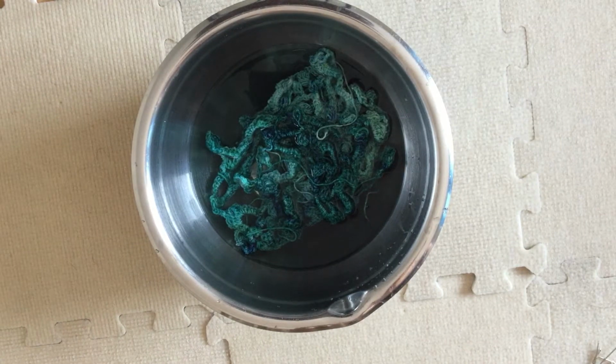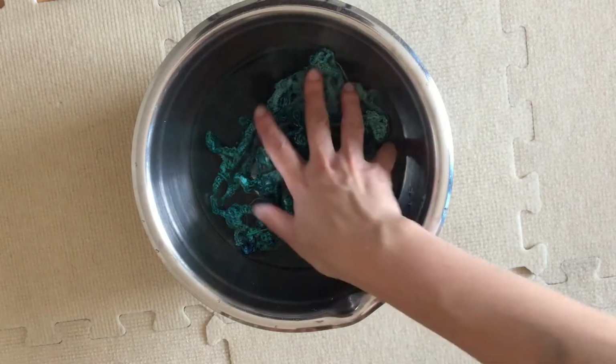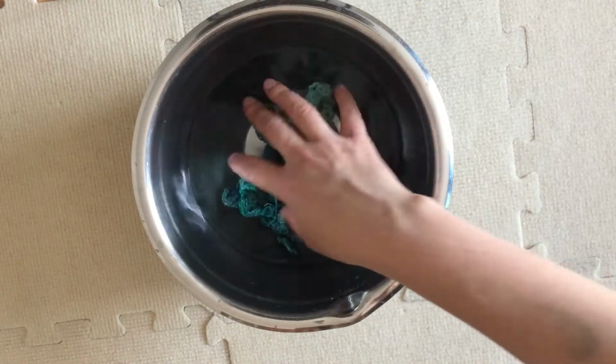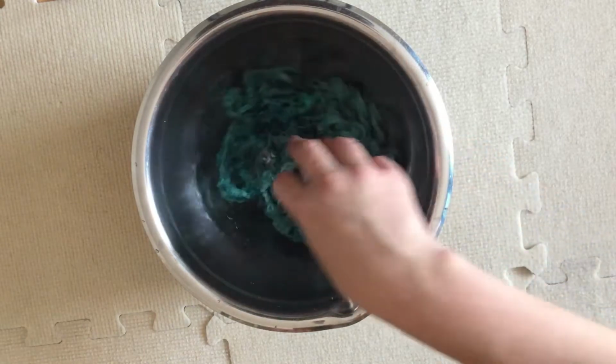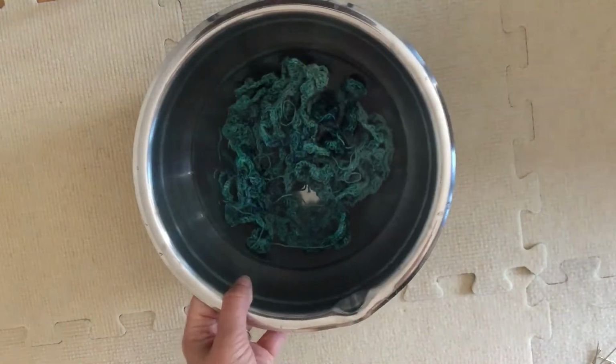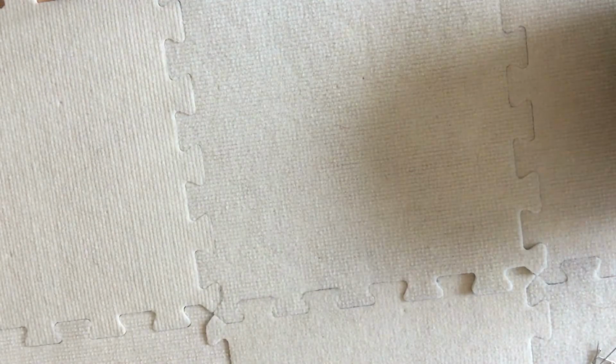I'm going to show here how to block pieces under tension, which I generally do with lace or anything where I really want to stretch something out, which generally is lace. So what I've got here is a piece that has been soaking, so it's thoroughly wet. I'm going to take an old towel, just gently squish out the water,